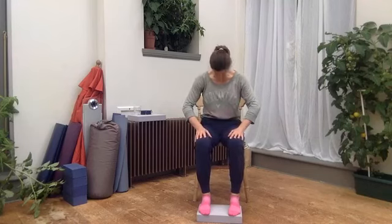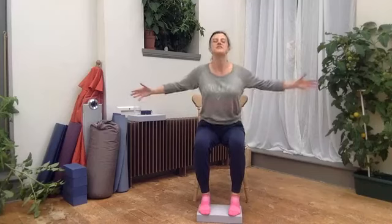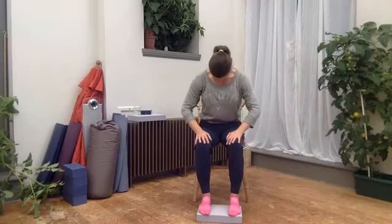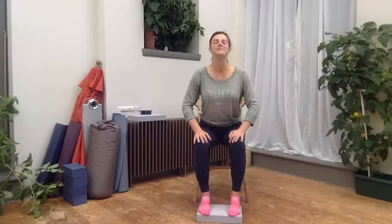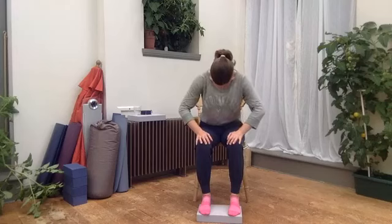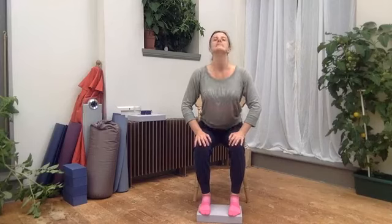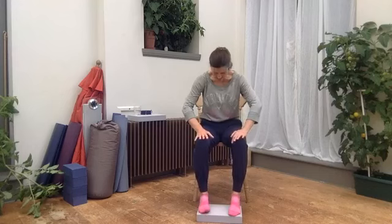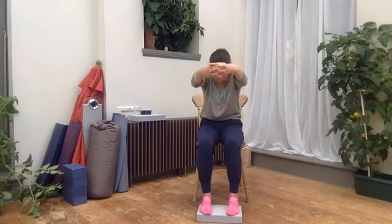So notice how this is feeling for your spine. Make any adaptations that you need to not feel pain as you're doing this. Make it as gentle as you need to. The next time you exhale, you finish that exhale, clasp your hands in front of you and stretch them out